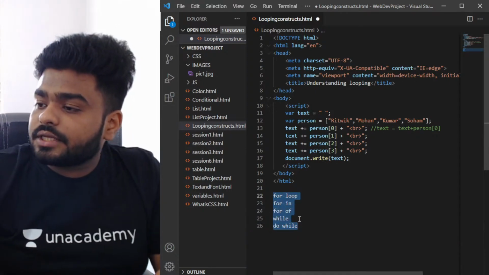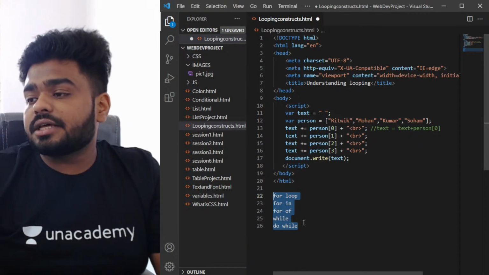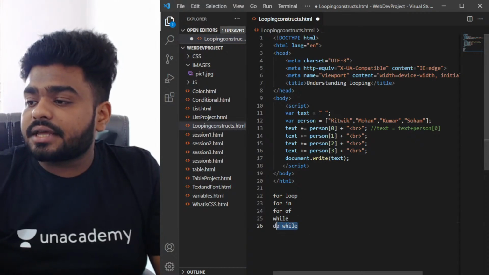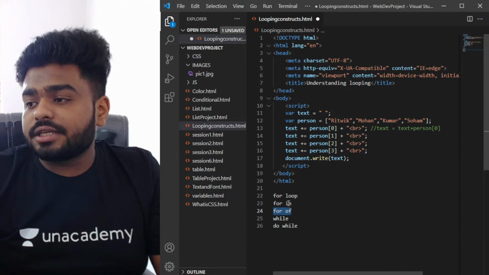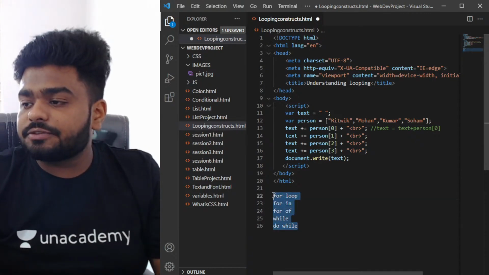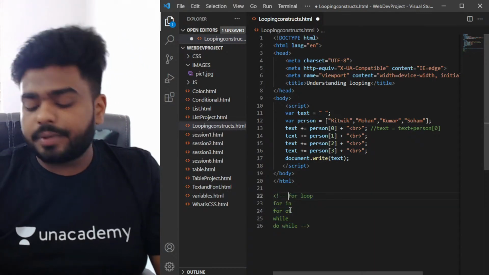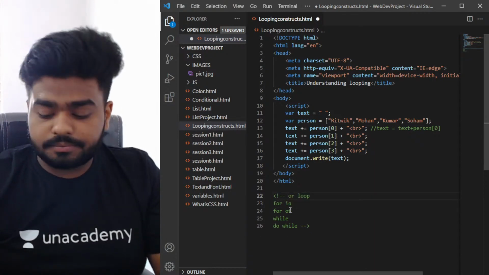All of these 5 things do the same thing, right? It does the same thing, but it's just that the syntax is different. Do while syntax is different, while syntax is different, for of syntax is different, for in syntax is different, for loop syntax is different. So just the syntax is different and nothing else. So I'm going to comment this so that you get to know how many looping constructs are there in JavaScript, and I'm going to go ahead and use my